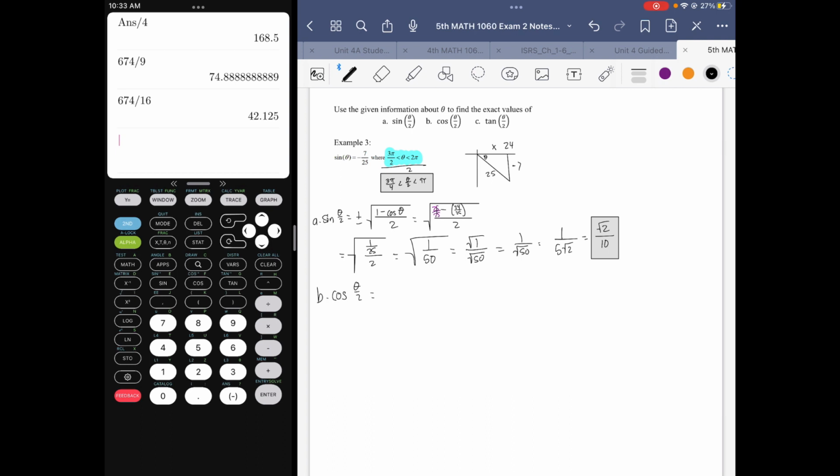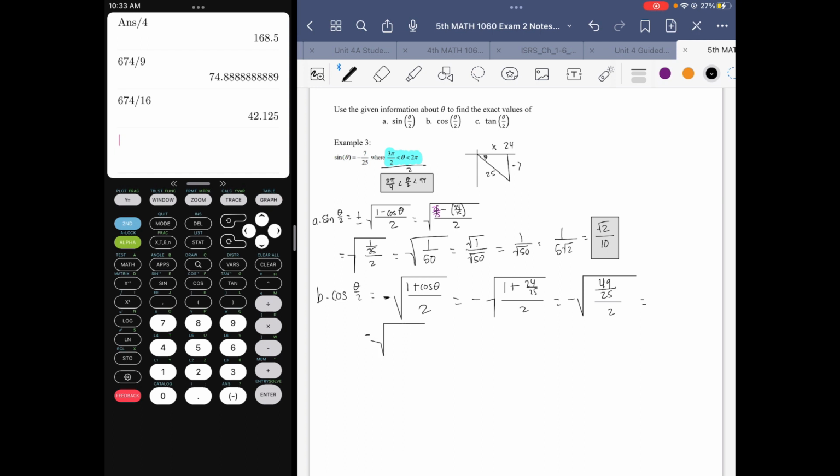And again, we're in quadrant 2, so the only one that should be positive is sine. So we're going to be dealing with a negative square root in this case. That's going to be 1 plus the cosine of theta all over 2, which will be the negative square root of 1 plus. Now we need the cosine of that theta again. And again, that's 24 over 25. All of that over 2. So 1 plus that, 24 plus 25, would actually be 49 over 25. All over 2. And then we've got the negative square root